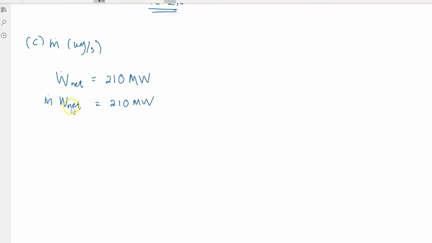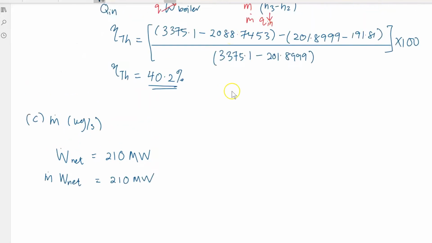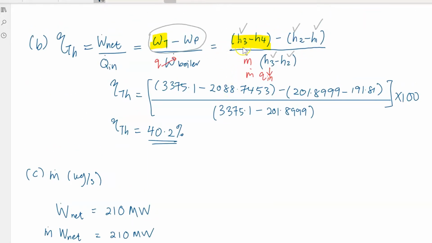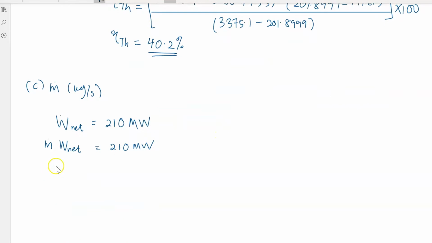And you already know that your work net is from this part up here, H3 minus H4 minus H2 minus H1. So you can quickly get your work net, and you may rewrite this as m dot is equal to 210